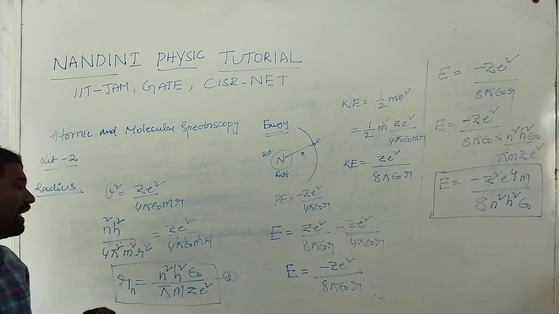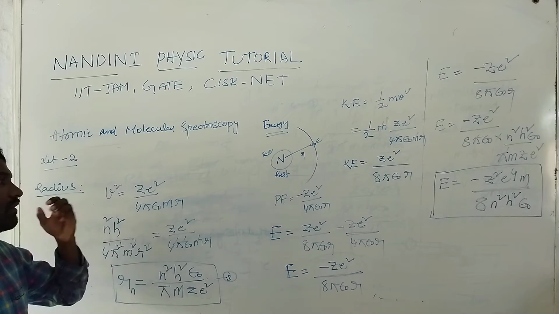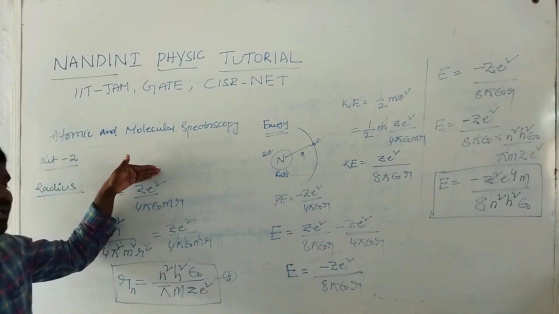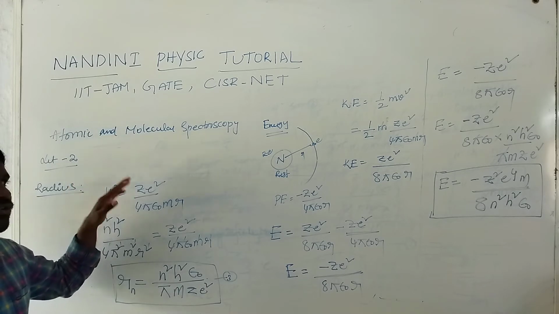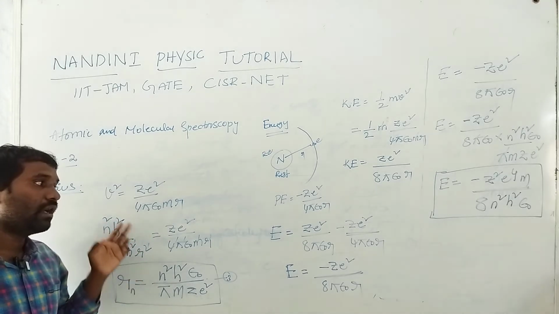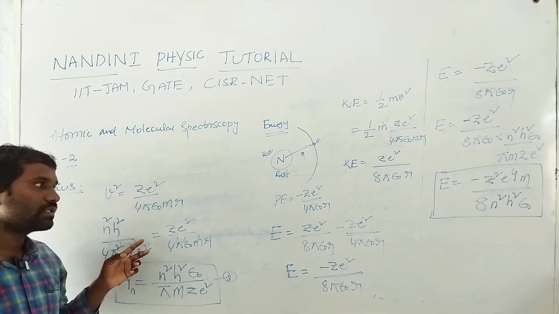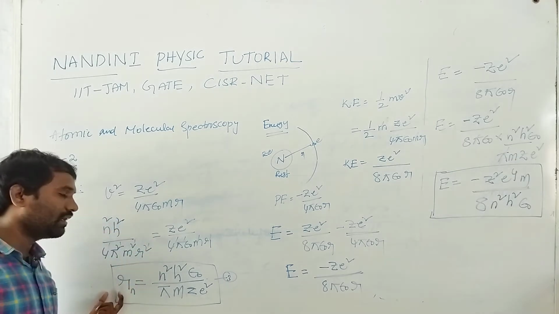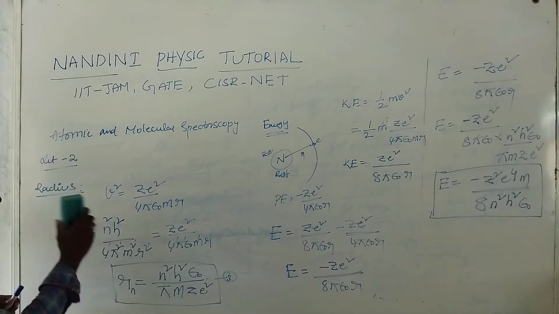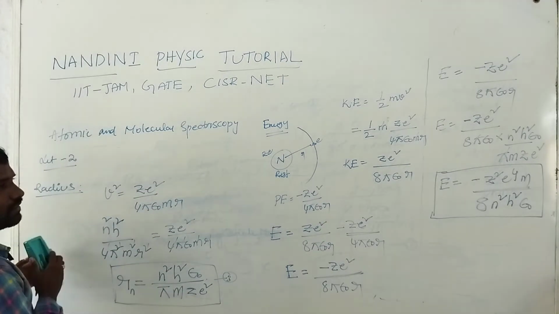So hydrogen or hydrogen-like atoms, what is the basic concept of hydrogen? Why he considered only hydrogen atoms? Because in hydrogen atom they have only one electron and a number of protons. So how many protons is not a matter, only one electron. So that single electron is rotating in a fixed orbit. Those types of electrons rotating in a fixed orbit will create some radius, energy, as well as velocity. So I will write these three equations in one shot.